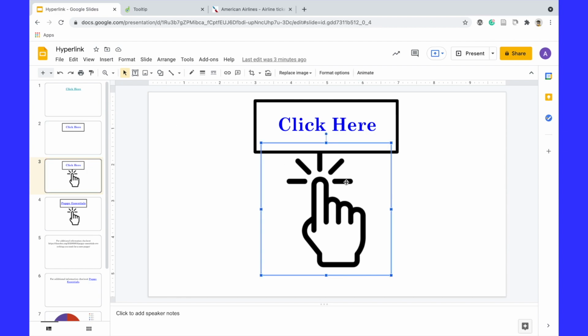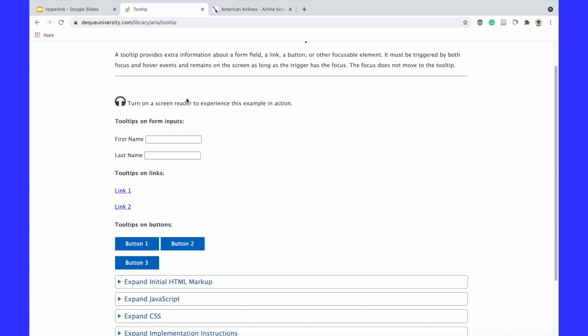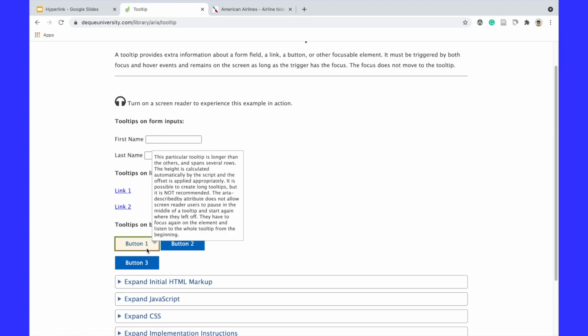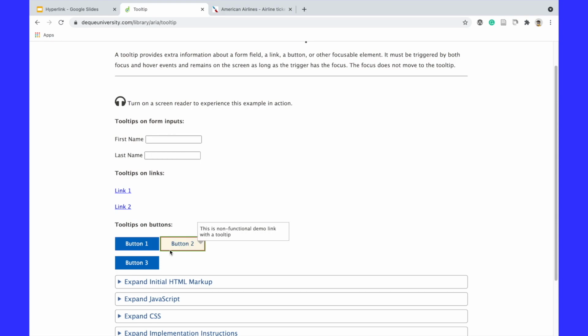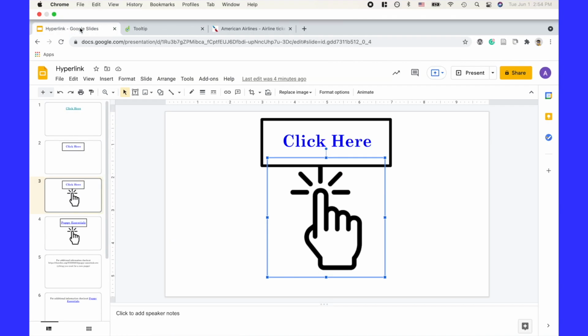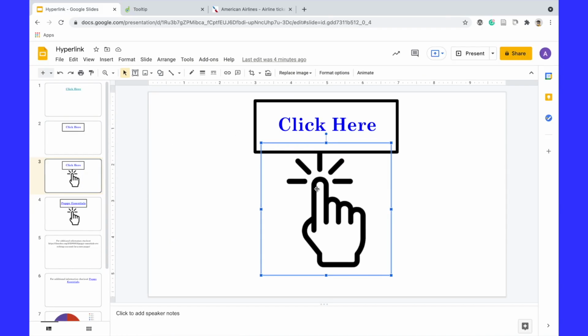So rather than a visual representation, if you were creating a form, you may have a tooltip. I found this link relating to tooltips that shows you what they can look like. So this one for first name says, include your given name. Here's one for a button, it's a little bit longer. But basically when you move the mouse next to it, there's some explanation of what it should be. This is another idea of providing some type of text or visual to help someone know how to interact with the content.